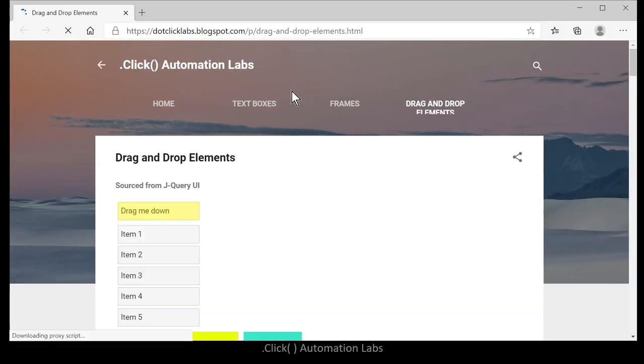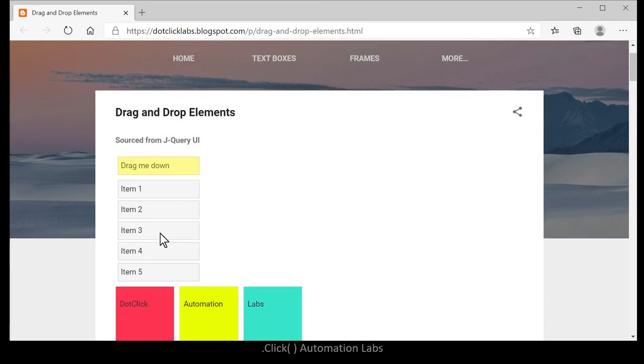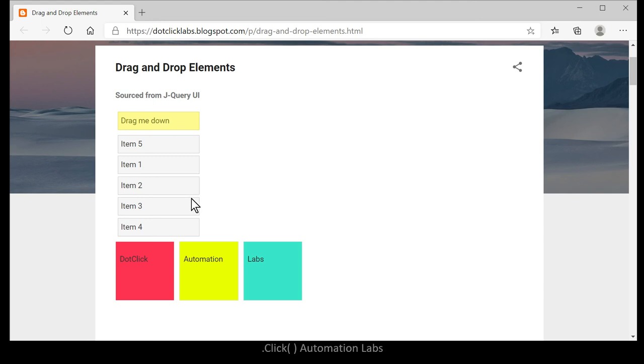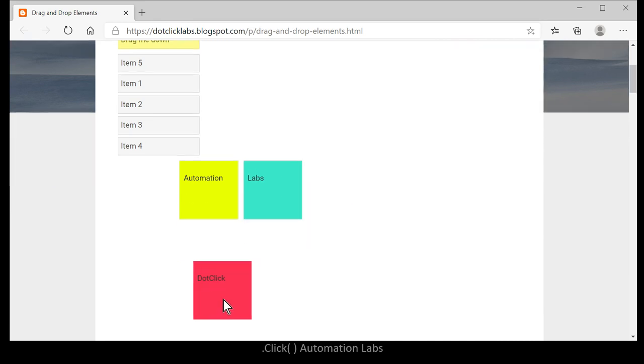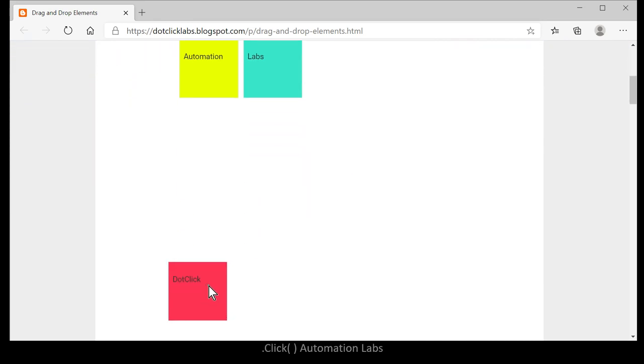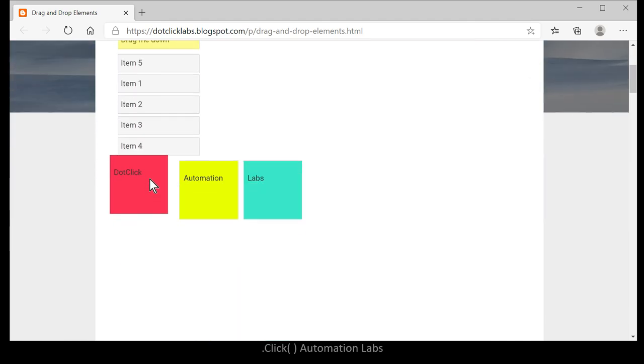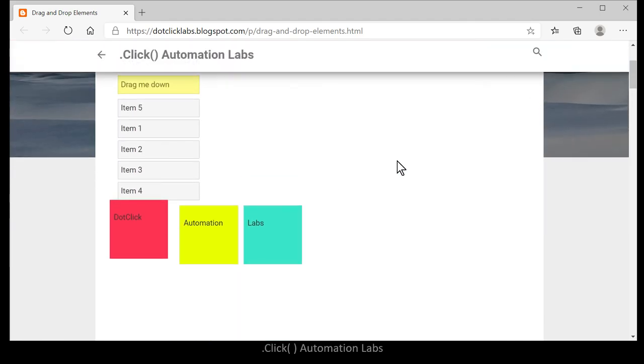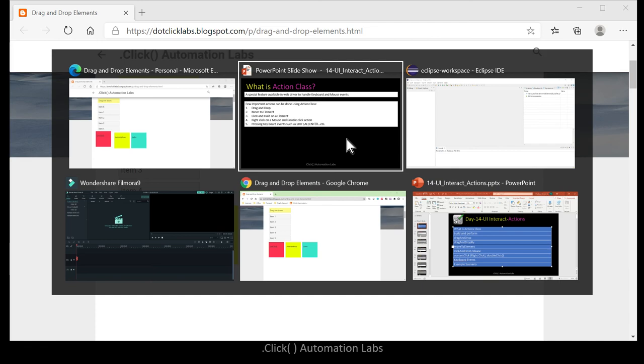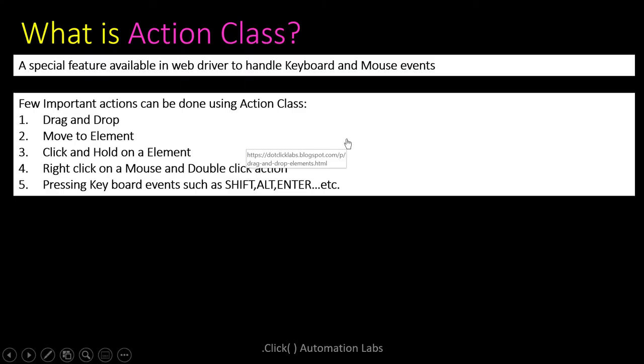Usually you will see these kinds of elements in any web page. For example, I would like to move this item to here. This is my requirement. To achieve this kind of drag and drop action, or if you want to click and hold, it means now it's clicked and held. I haven't dropped it. So this is called click and hold. And I dropped it over here. This is called a release. To achieve these click and hold and drop or release, or you can do right clicks, these kinds of actions can be achieved by using the actions class.